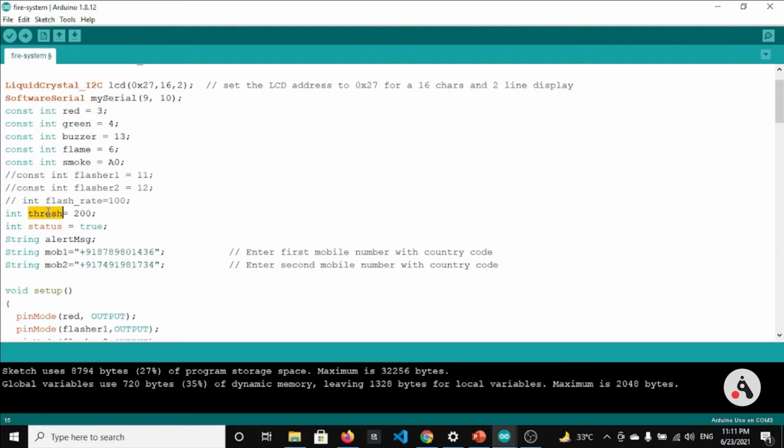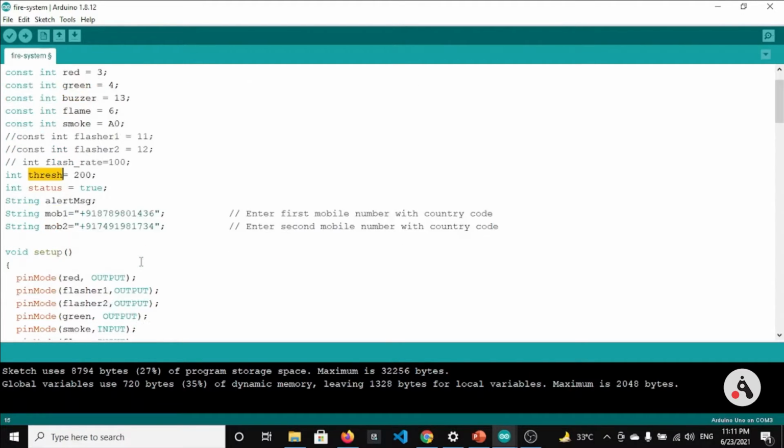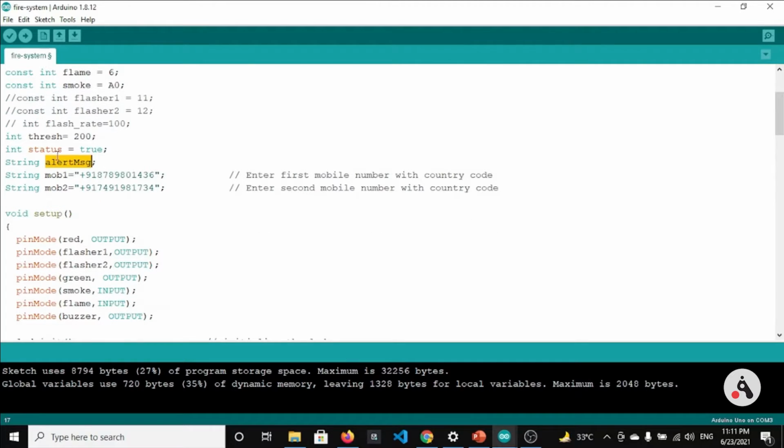The thresh is 200 right now. We will discuss this thresh variable in a later part. Status is currently true. Alert message is a string which is defined here, along with mob1 and mob2. You can see the first mobile number right here, and this is the second mobile number. As you have already seen in the demo, we got two messages, first on this number, then second on this number.